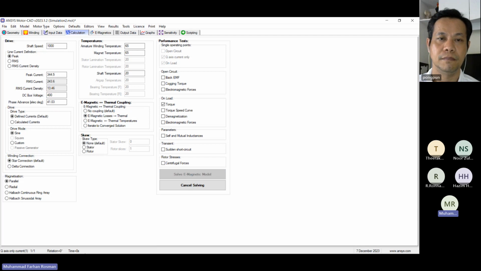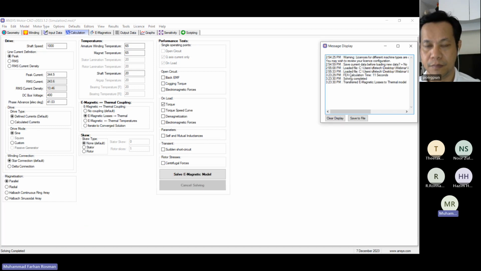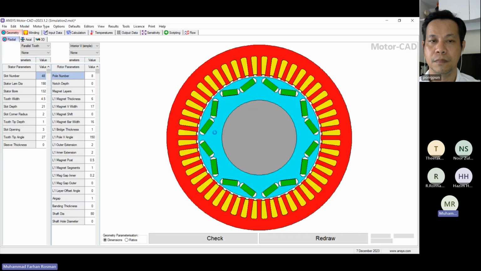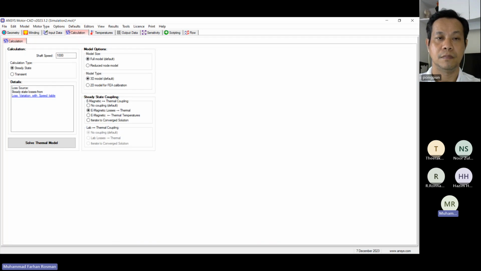And now we click on solve. It will take 5 seconds for this to simulate. Now you can see the e-magnetic solved. Next, we go back to the thermal, and for the calculation,